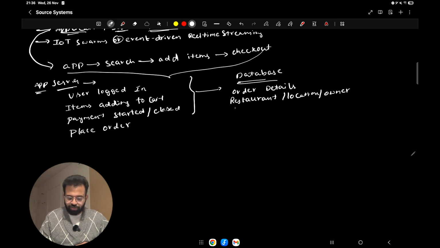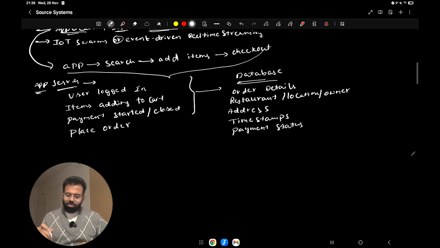And of course it will also store your address, some timestamps, like what time you placed the order, and also your payment status. Basically it will store all the details that are required to complete the transaction.